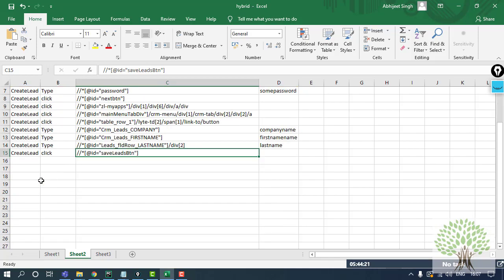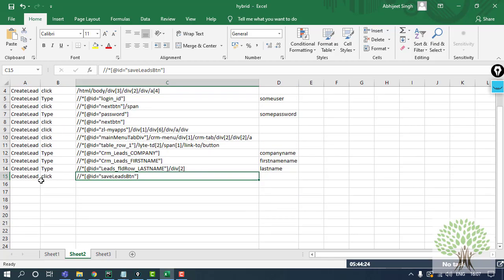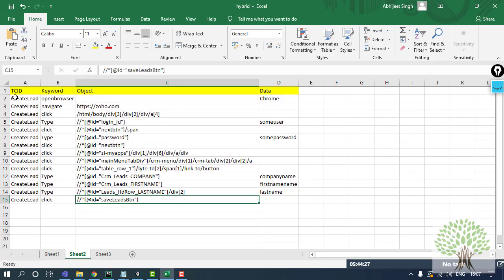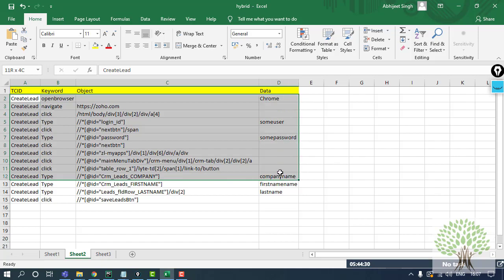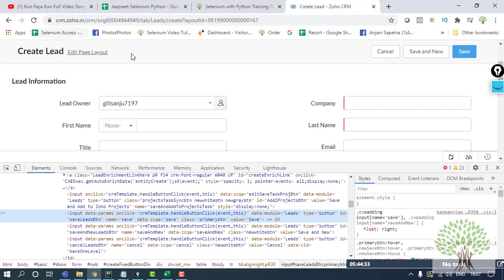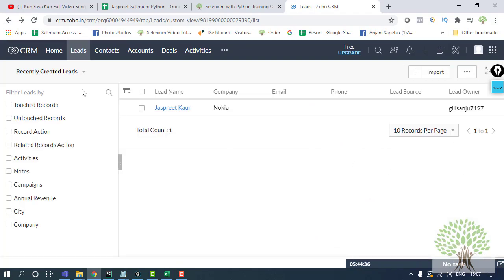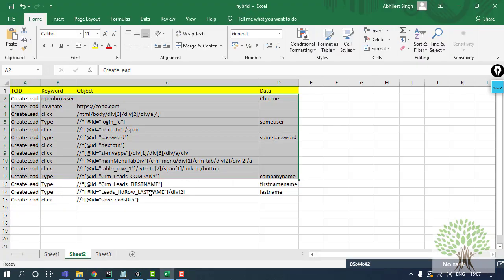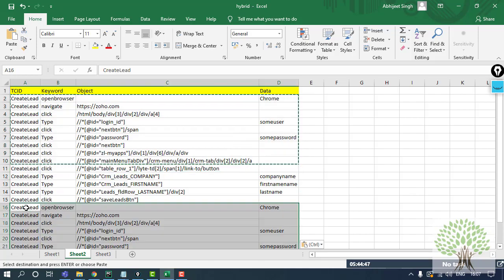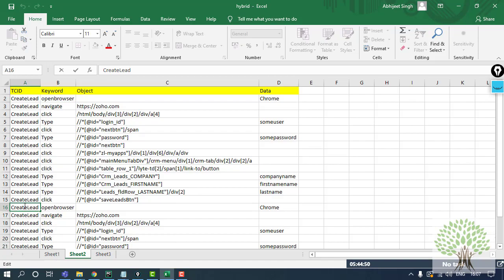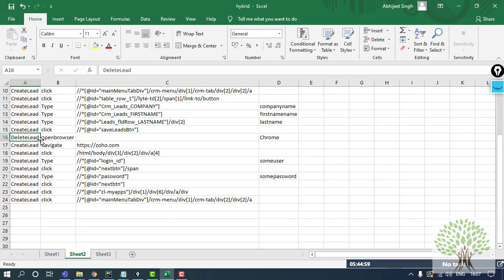The same way I may have the steps for another test case to delete the lead. So for that I know that till this part where I am getting this deal, I'll go back. Till this part I have to repeat the steps, right? So what I can do is I can have till these steps over here, and this will be my another test case, that is delete lead. Okay, and the followed steps will be coming down.